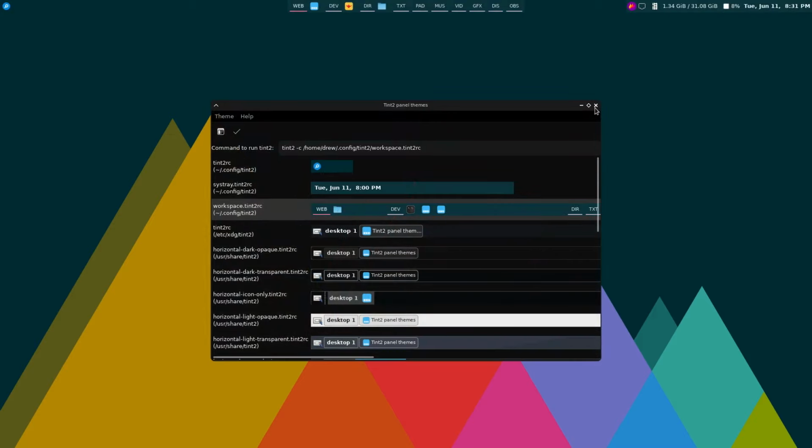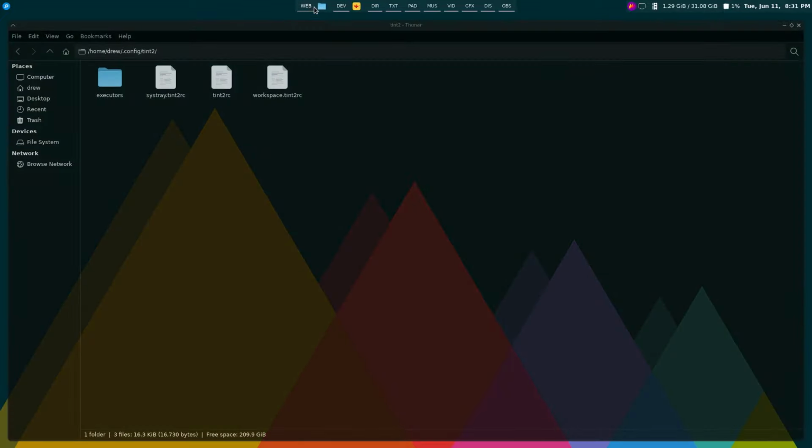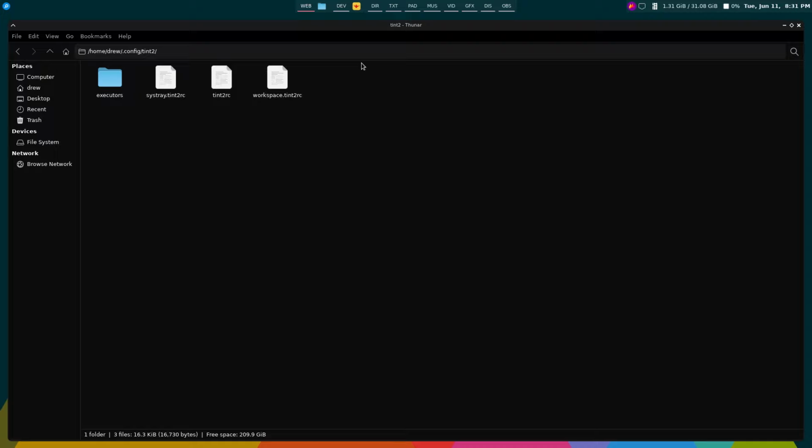All right. And close. Now, let's just say I want to move something from one to another. You can see I just dragged the Thunar, which was on workspace 3, into workspace 1, which was already active. And that's pretty nice. So also, if I want to say, I'm going to put that on workspace 5, so